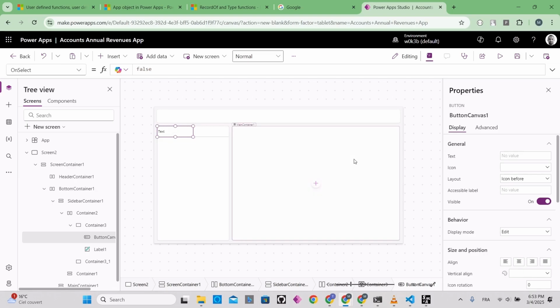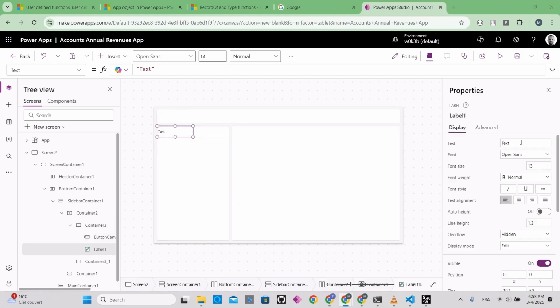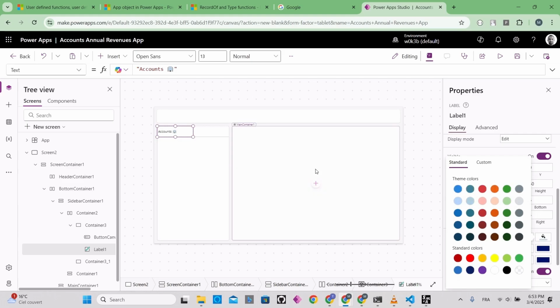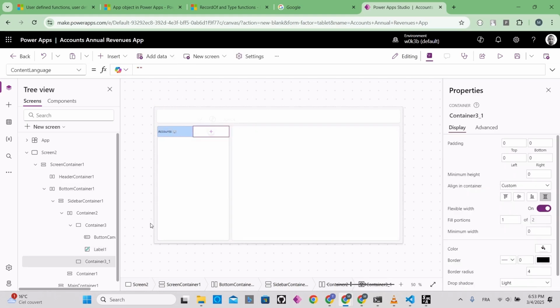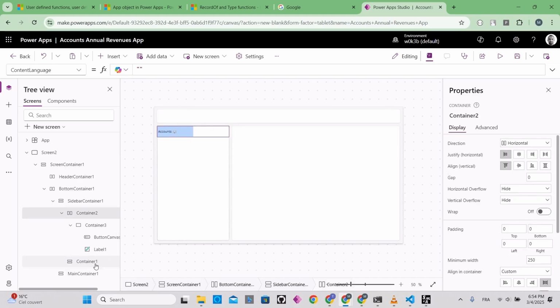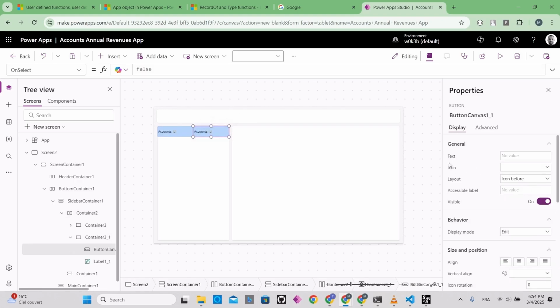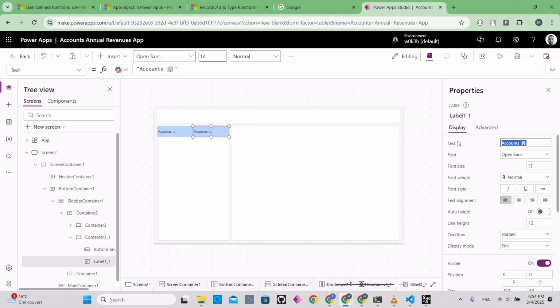And now I'm going to the text label and set its text to count and the Unicode icon. Now I'm going to its background color and set it to this one. Now I need the same thing I've just developed, so I will delete the old container and duplicate the one I have developed. So the only thing I should do is go to the text label and change its text to revenues